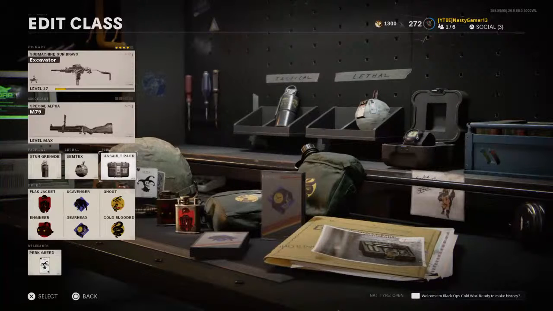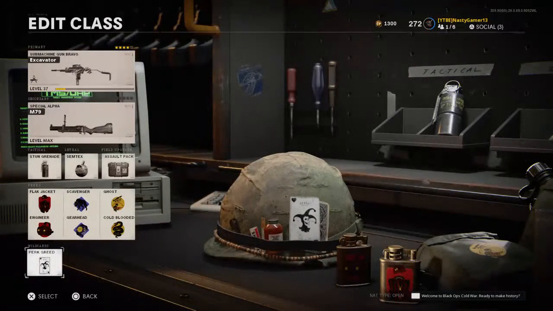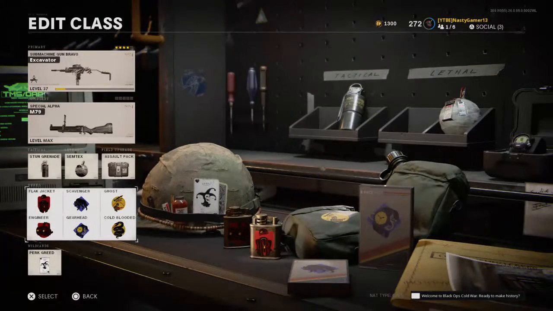For the field upgrade, I put on the assault pack. This is just going to help you get extra ammo, because you know, it's the grenade launcher. It doesn't really start with a whole lot of ammo to begin with, so anytime you can just drop this down, it'll be nice. And especially having this for one of the challenges I'll go over here in a minute, it's extremely helpful. For the wild card, I put on perk greed,